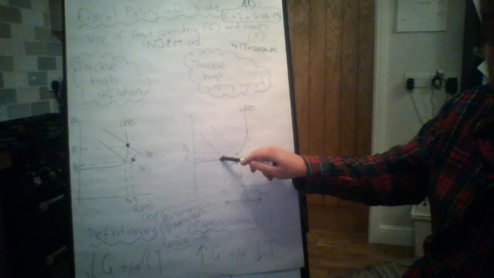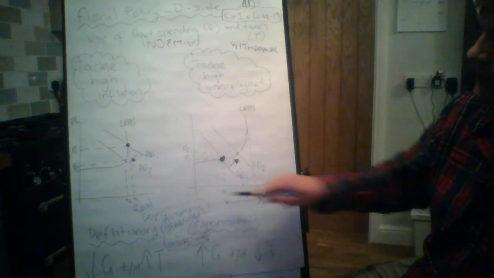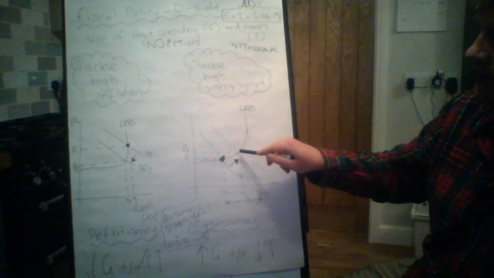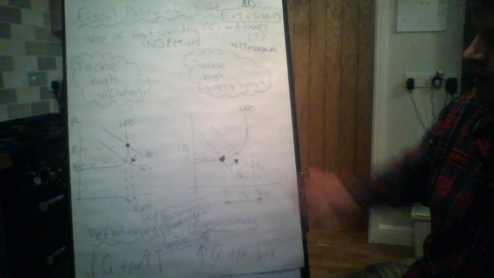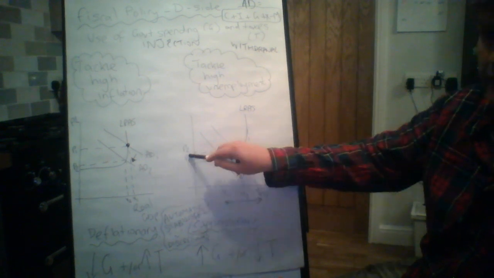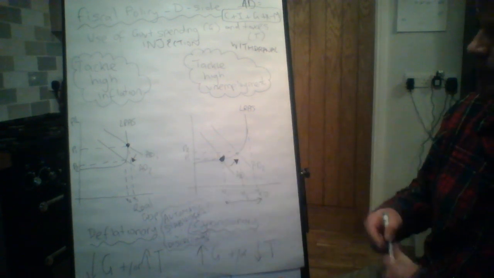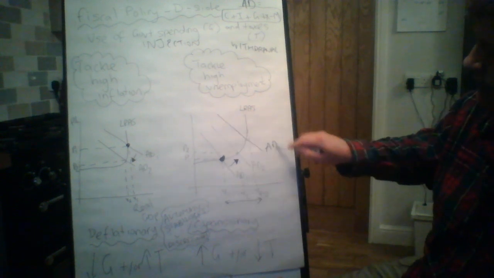When we're down here, we've got lots of spare capacity. So the logic would be that when you raise aggregate demand, you've still got lots of spare resources. So you haven't got scarcity issues at this point here. So that means you can boost aggregate demand without creating a massive growth in the rate of inflation. But look what happens. If we were to increase aggregate demand again,